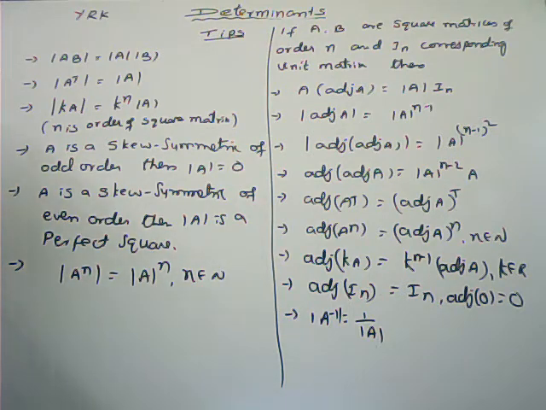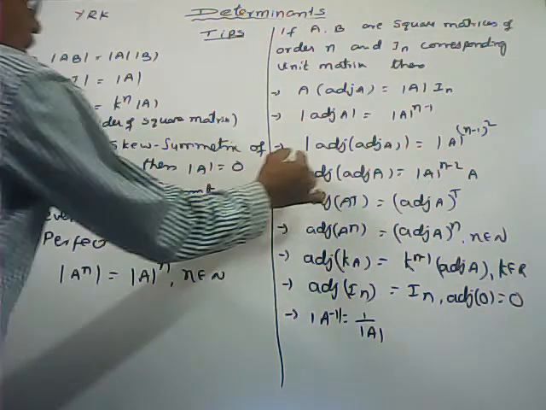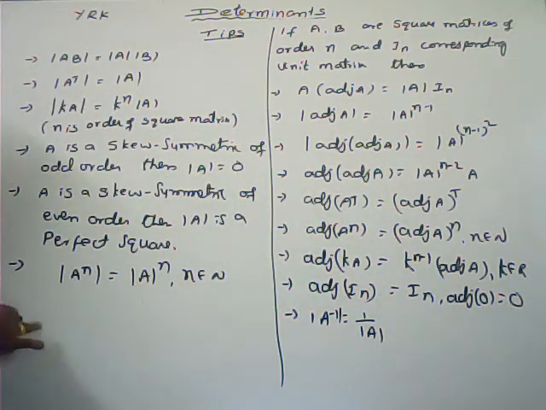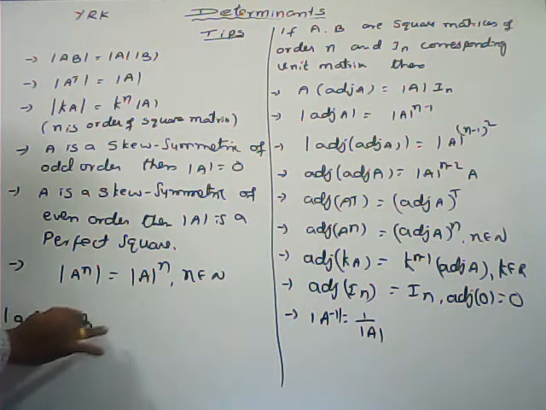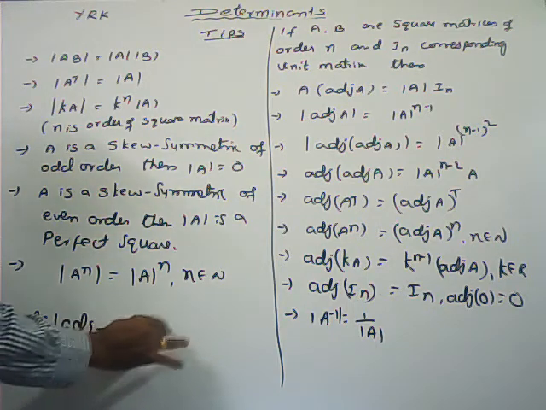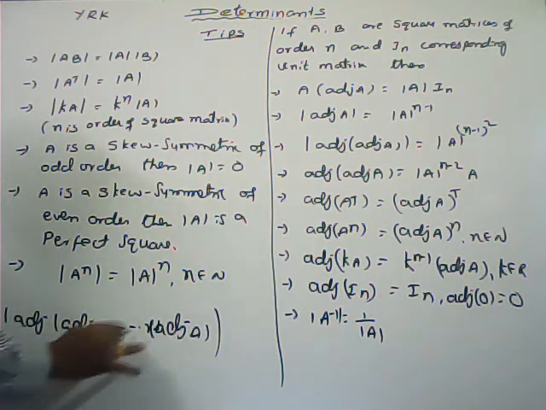Here A, B are square matrices of order n and In is the corresponding unit matrix, then A into adjoint of A is equal to det A into I. In means the order of the square matrix. Det of adjoint of A is equal to det A whole power n minus 1. Det of adjoint of adjoint A is equal to det A whole power n minus 1 whole square. Like this, here total R terms are there. Det of adjoint of, and so on, R times adjoint A. Here total R times is there.